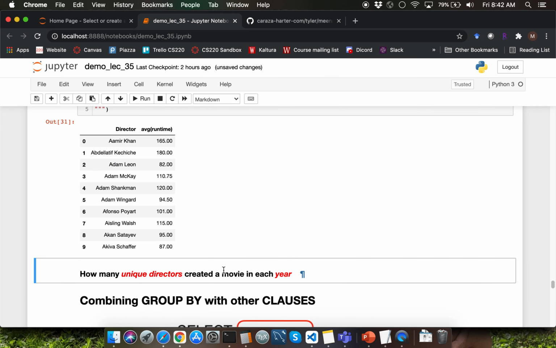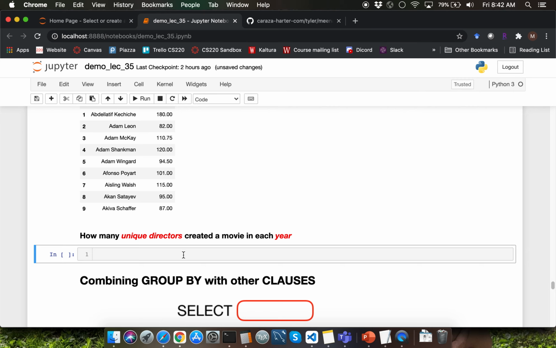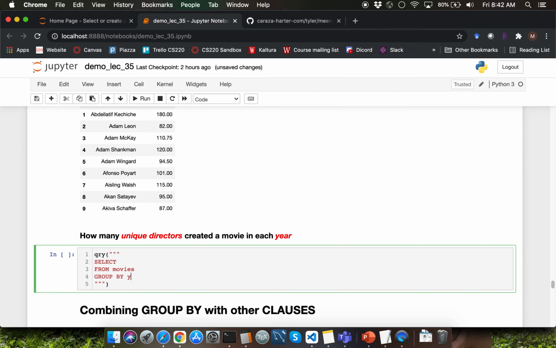Let's answer this final question of this section, which is asking how many unique directors created a movie in each year. Clearly, we are going to group by year over here. After grouping by year, what do we want to select? We want to be able to select the year and then we want to select the count of distinct directors.